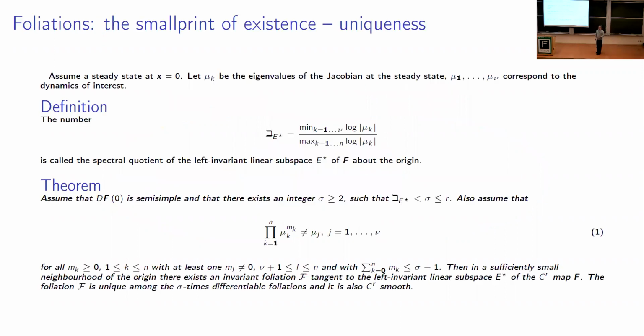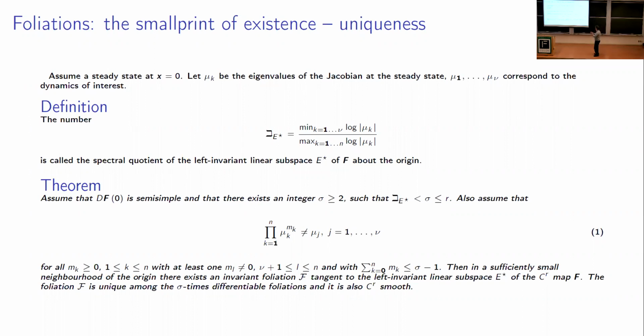Anyway, so there are special cases for invariant foliations. For example, when you have an equilibrium and when you want to find a foliation about an equilibrium, or a steady state in this case, or a periodic orbit if you have a map, right? Period 1 orbit. And around the equilibrium, you have a Jacobian of your function. It has eigenvalues and invariant subspaces. So basically, you can select the foliation corresponding to a specific invariant subspace. In fact, it's the left invariant subspace because it's more like an adjoint type of thing, a